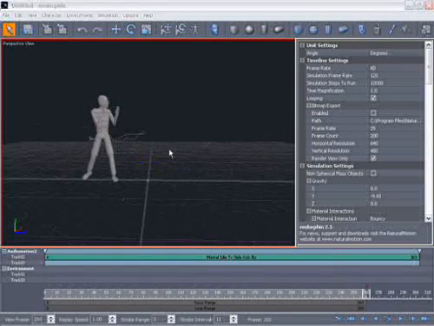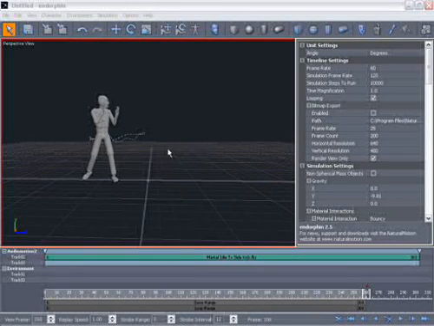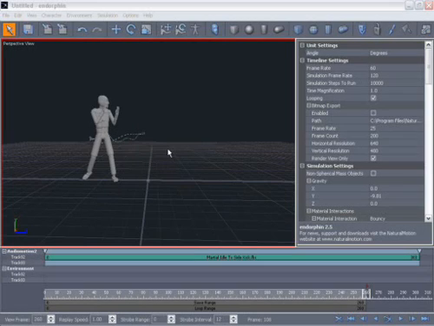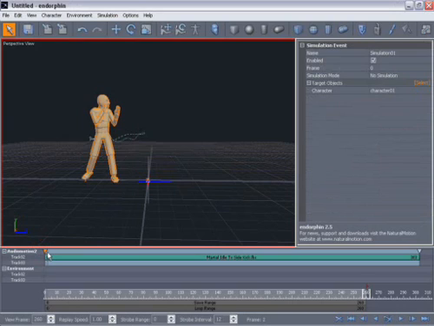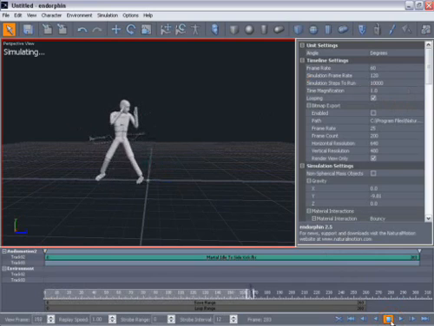performing our karate kick. Now while the character is grayed out like this, that means that he's outside of the simulation. He is being driven by the animation, but he is in a mode called no simulation, so he will not be affected by the simulation but will not affect anything else within the simulation as well. So what we want to do for this example is change that mode so that he is going to still be driven by the animation but be able to affect characters that are within the simulation. So we do that by selecting the simulation event and then in the mode changing it to collision with momentum. And now when I simulate, you can see that he's still grayed out but a slightly different grey representing this